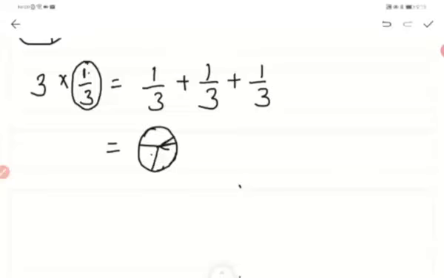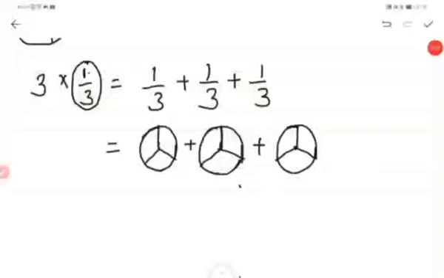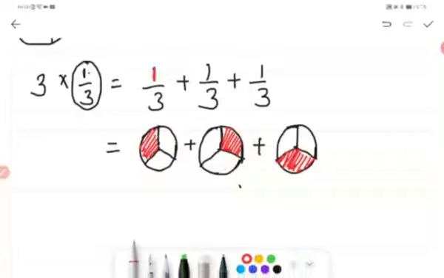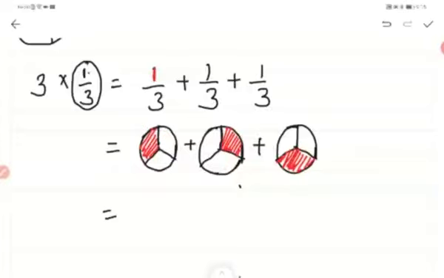Something like this, it is divided. So it has 3 parts and the used portion is only 1. All right, next, it is divided like this, and in each, this fraction is representing 1 by 3, right? 3 parts I am dividing, only 1 part you need to mesh. Here I will mesh this part, and I will mesh this part over here. So now what will be your output? When you add all these 3 together, you will get